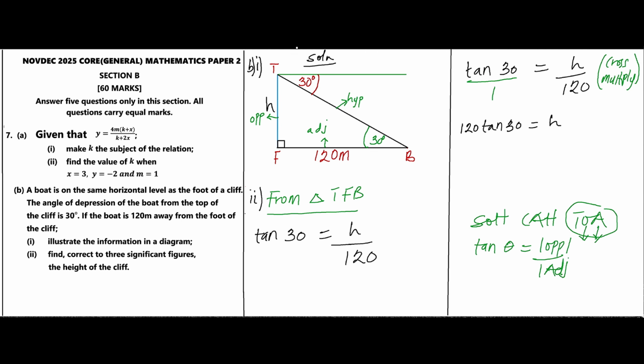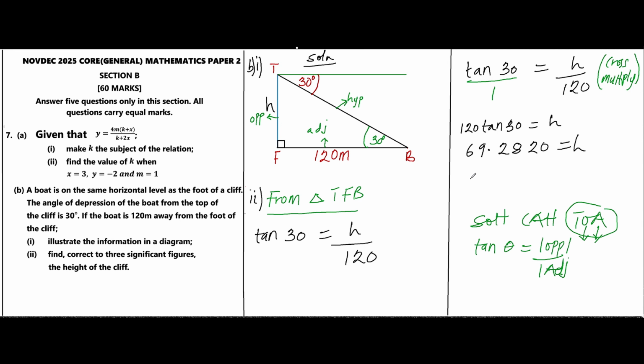So what is 120 tan 30? I want the decimal form. So we have 69.2820. But remember, we were asked to